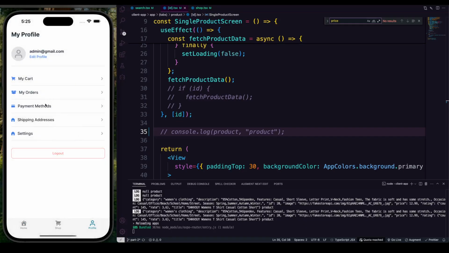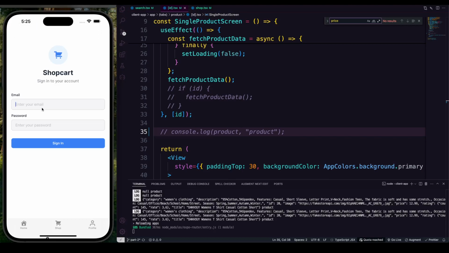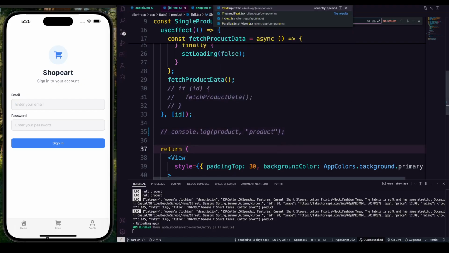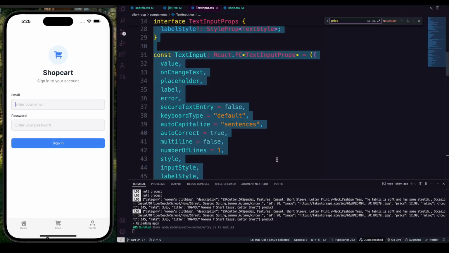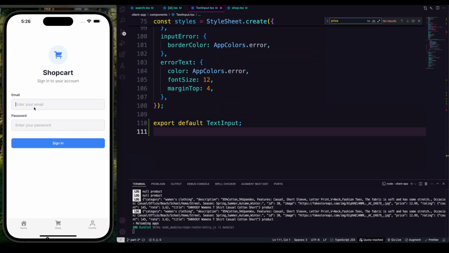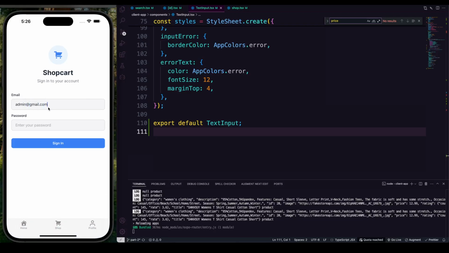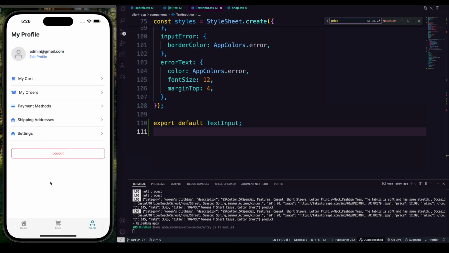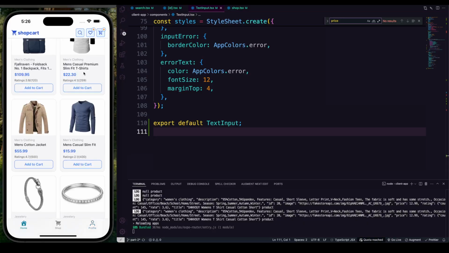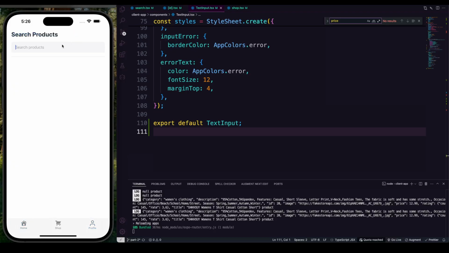So log out. We use it already here in the login parameter. So that's the same input we use, right? So that's the same text input we use. So I think that should not have a problem for the text input variation. Let's just type again admin at gmail.com 123. Okay, let's go. So now still it's working, so I believe that should work here also. But for search,